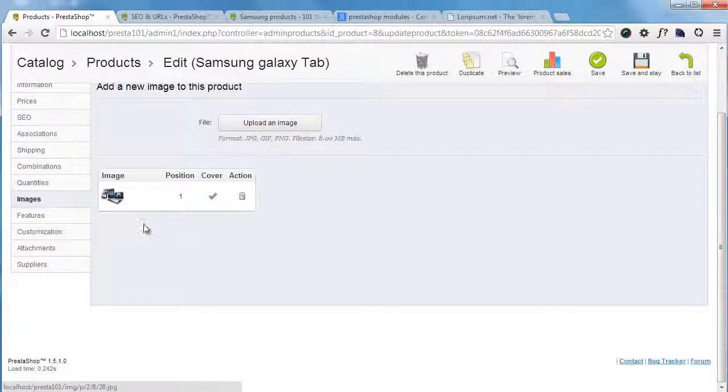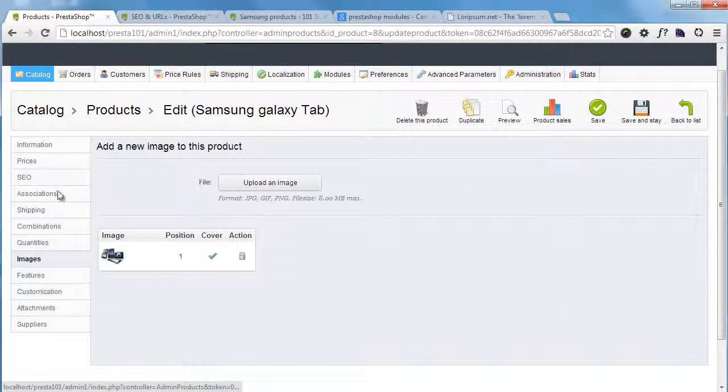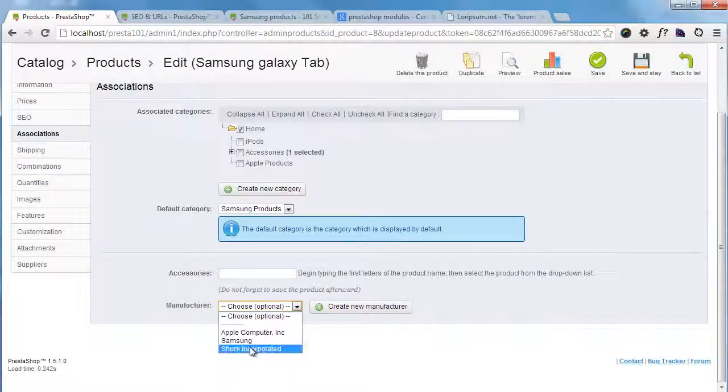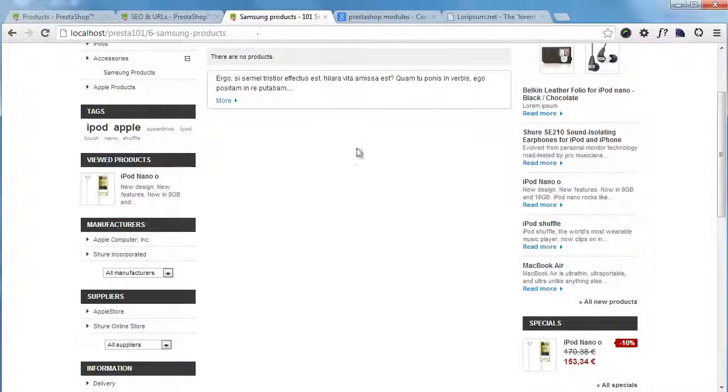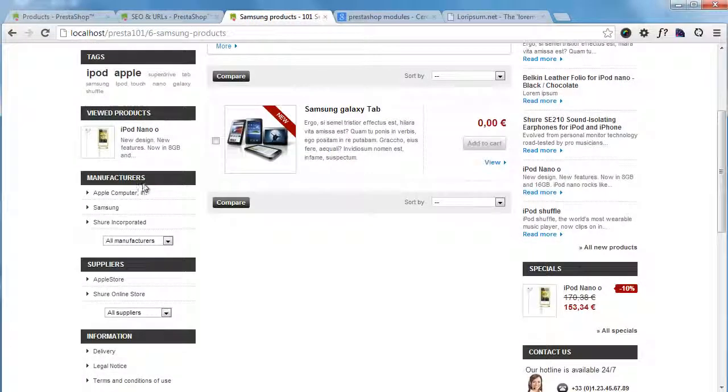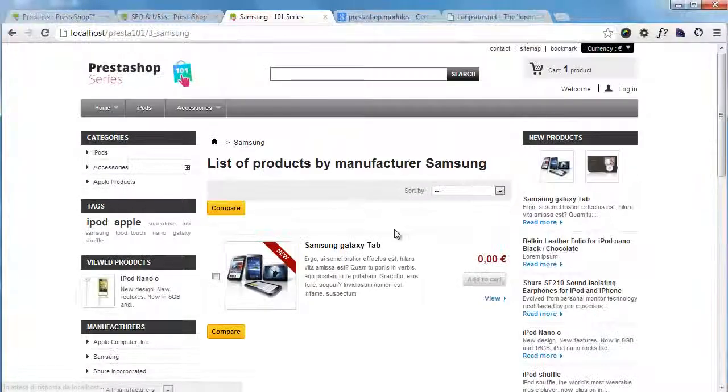Again, as I said, associations, Samsung, save and stay, and now I finally have Samsung here. If I click, here is the new product, Samsung Galaxy Tab. And this covers everything about products for now. We're almost at 40 minutes. So as a last thing for this day, day 3, let's just add the new category